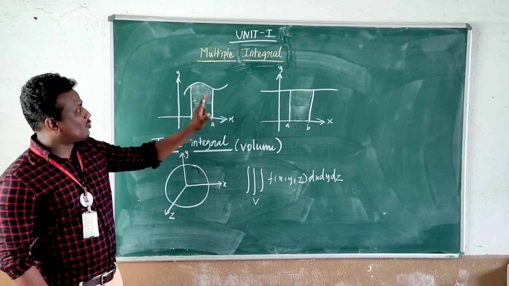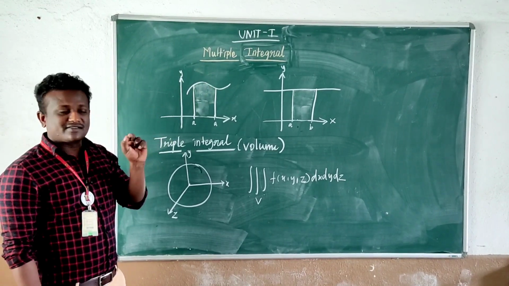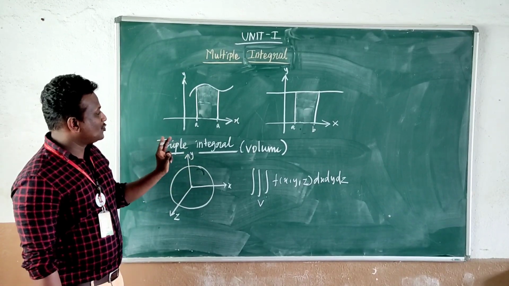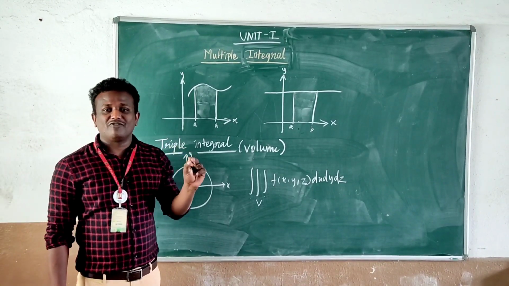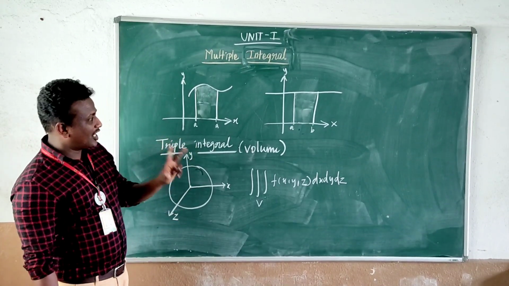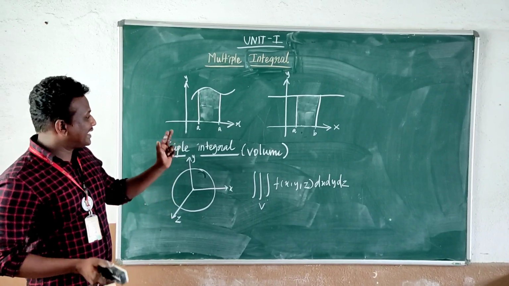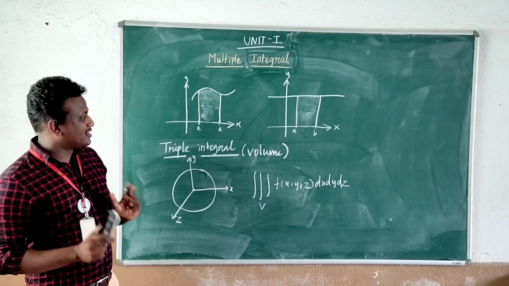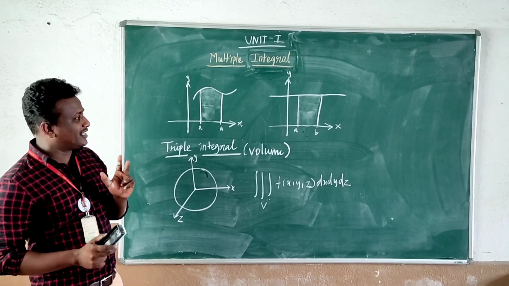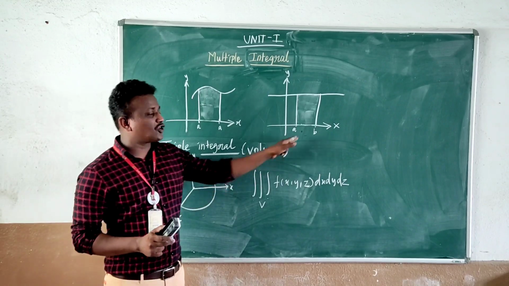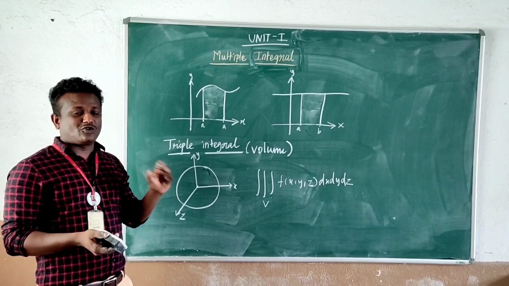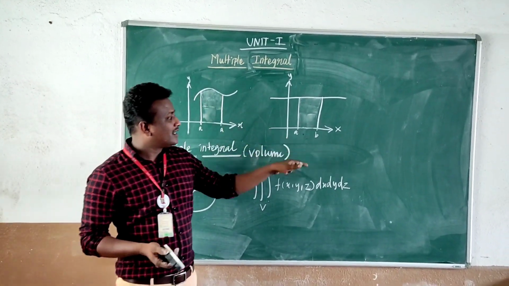Today we have discussed what multiple integral is. Multiple integral is nothing but single integral, double integral and triple integral. We are using single integral to find the area of the unshaped region. We are using double integral to find the area of the unshaped region. The difference between single integral and double integral is that when we use double integral to find the area of the unshaped region, we get an accurate answer in a short time. But if we use single integral, it will take time and be a little bit difficult. To avoid such a situation, we are using double integral.